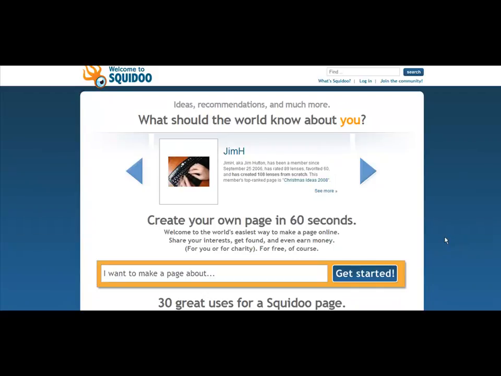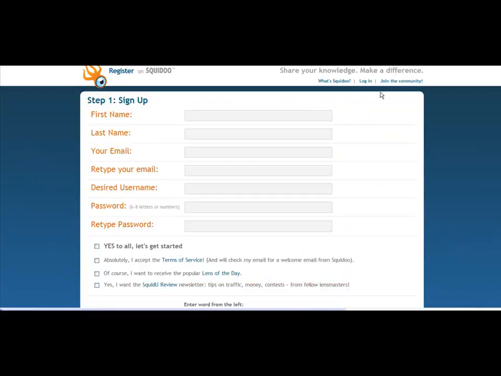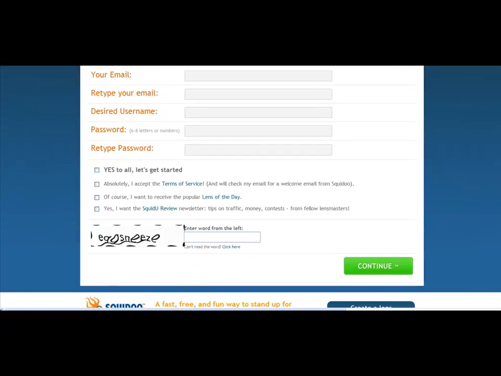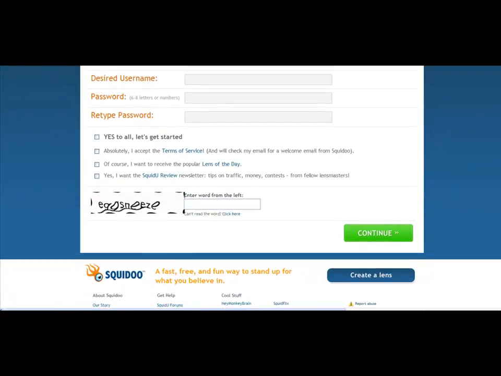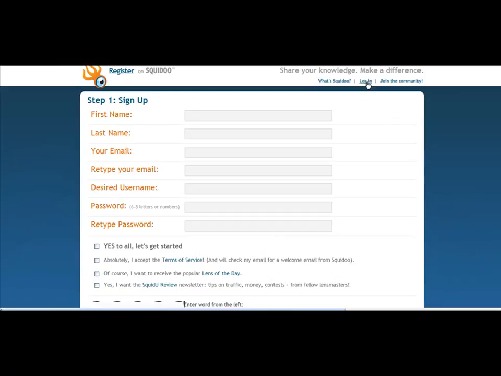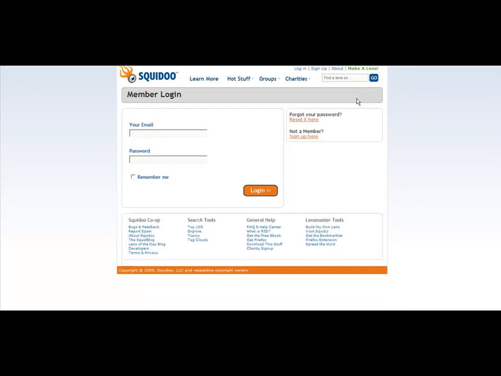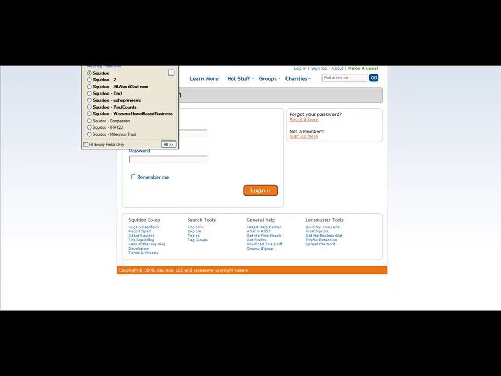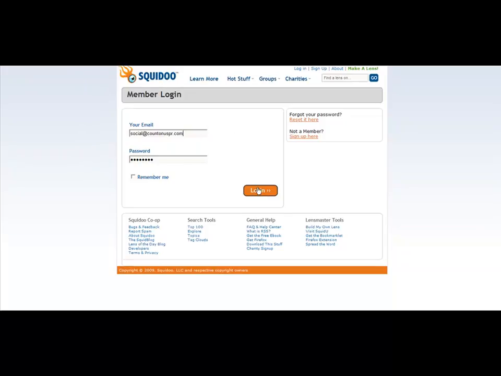And you're looking for something called Join the Community at the very top there. Once you click on Join the Community, you just go ahead and insert your information, and then you'll just go ahead and click on Continue. Once you continue on, it will help you set up your Squidoo lens, as it's called, which is your page. I'm going to just go ahead and log into my account, and I'm going to show you how to create your Squidoo page correctly. So I'm going to just log in here,